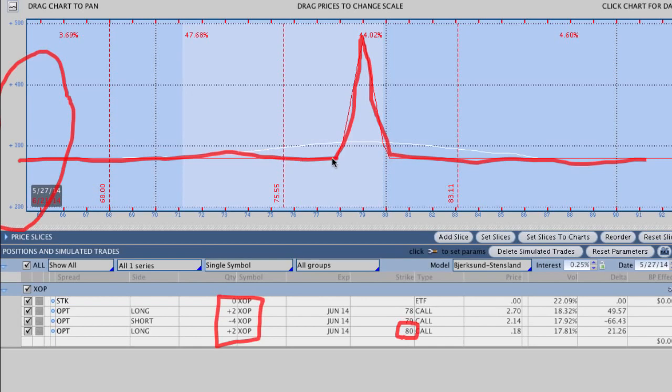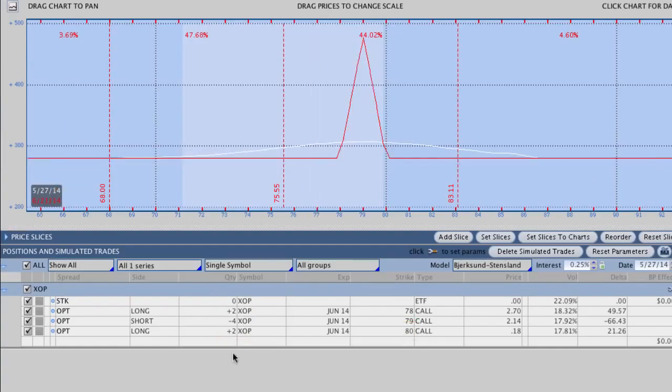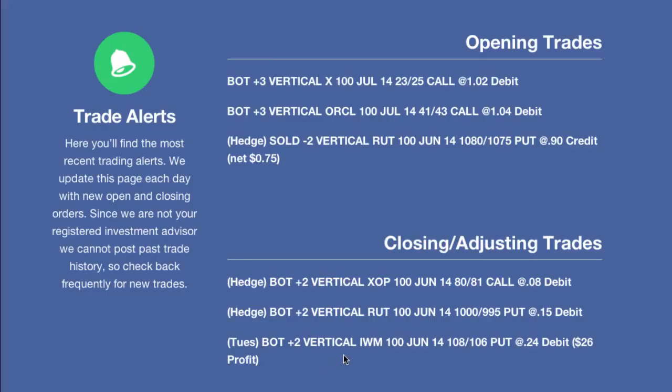But just in the off chance, this is kind of a lottery ticket, that XOP does trade up to 79, then we'll have an even bigger profit right at 79. So at the end of the day, this butterfly spread, which we took in for a credit, we're basically going to make the entire credit on this spread, less what we paid on this debit just today or on Friday to get out of the trade, which was about $8. So about $16 that we paid out of here. It's going to be a nice winning position,